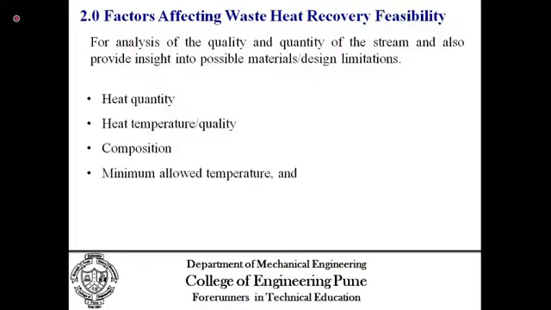The third is minimum allowed temperature. You may have a very high delta T. As I gave you the example of a thermal power plant and exhaust gases, there is a limitation. You cannot go lower than 150 or 160 degrees Celsius, because it is not permitted. The process will not permit. So there is always a minimum allowed temperature to which these exhaust gases can be cooled down or that heat can be recovered. It will differ from process to process. That we have to identify, and accordingly the system is to be designed.